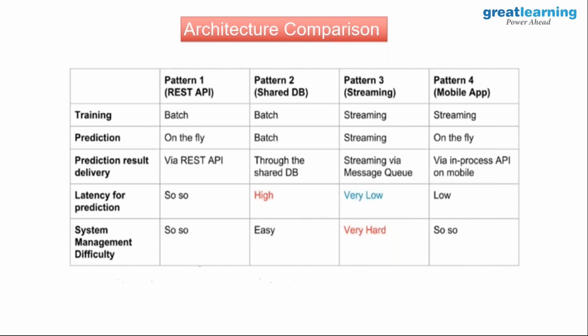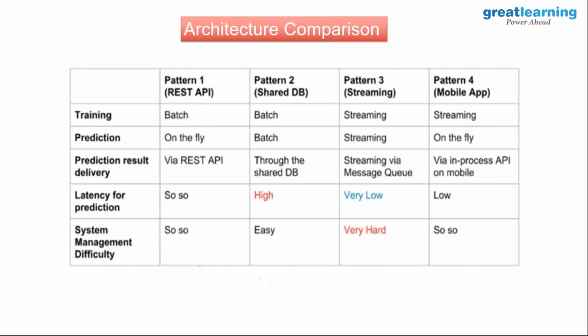Latency obviously is very low. It's a very difficult environment to manage because normally we have the architecture or the hardware on which the model has been built, and a separate set of environment on which we deploy the model. Now here, because the new records which have come in as a stream are again being used for training the model, you have to be absolutely clear in terms of how the environment has been managed. Okay, so this is the most difficult.